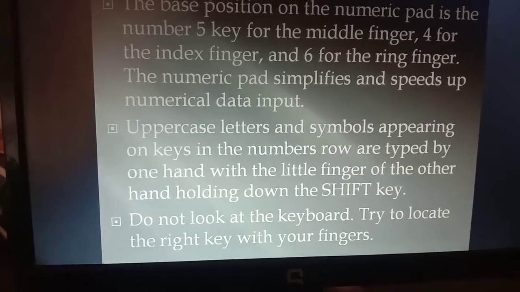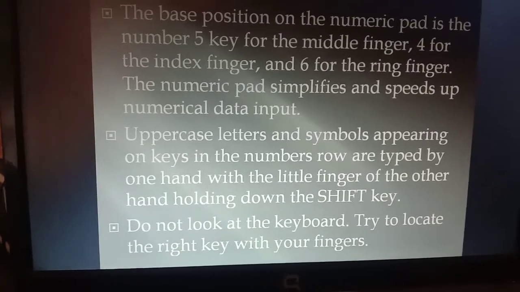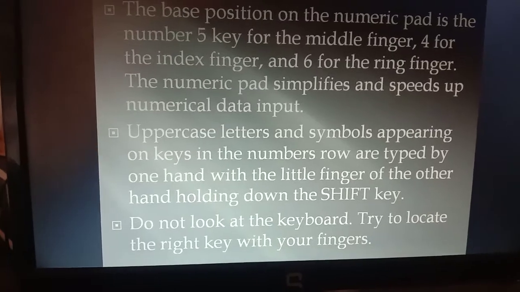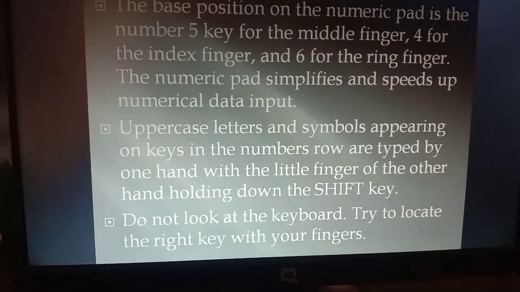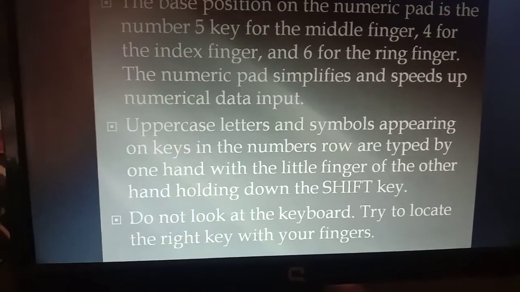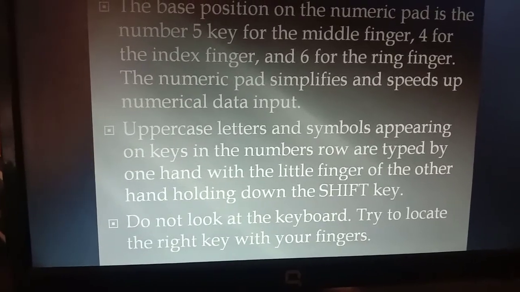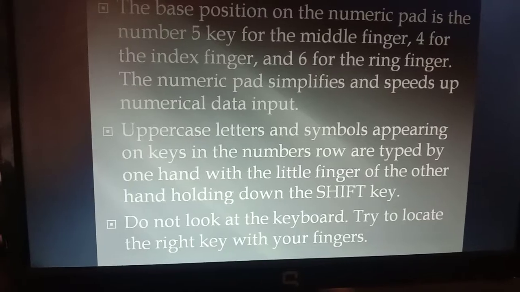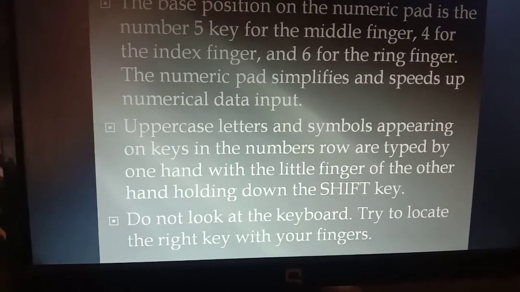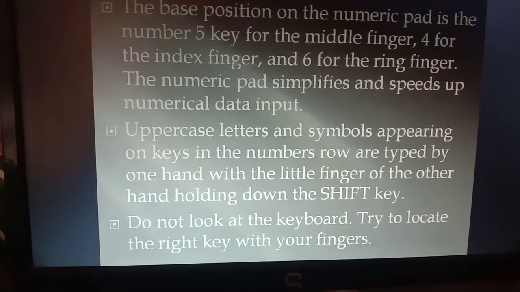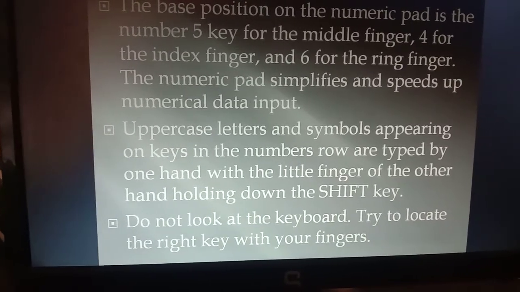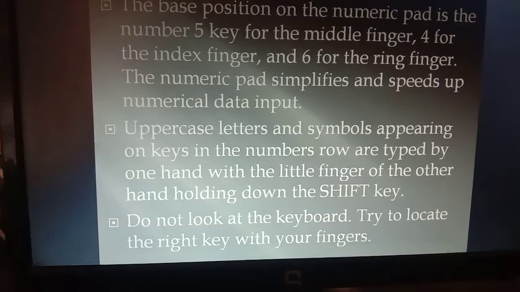Suppose you want to type capital A, then with the help of shift, press the A, and the capital letter will be typed. Next, do not look at the keyboard when you are typing on the monitor.